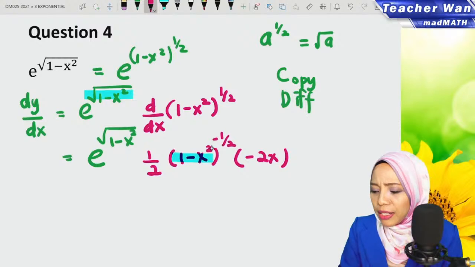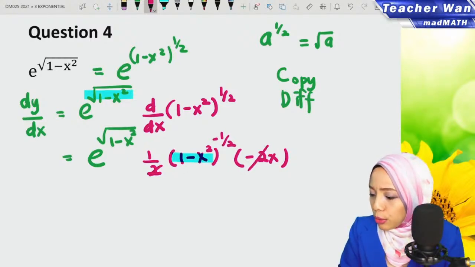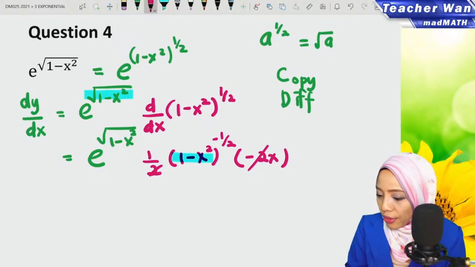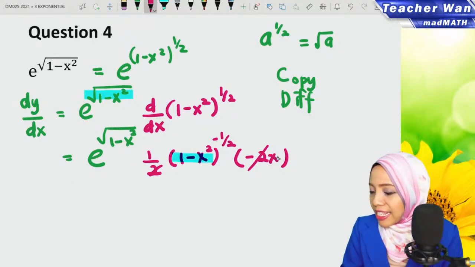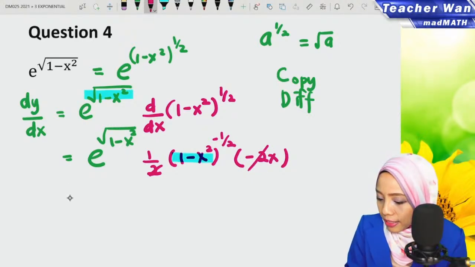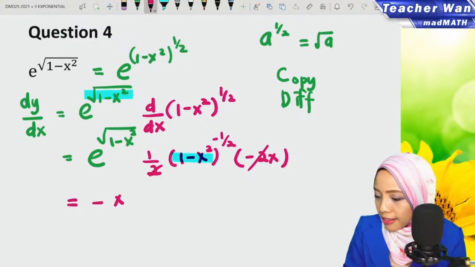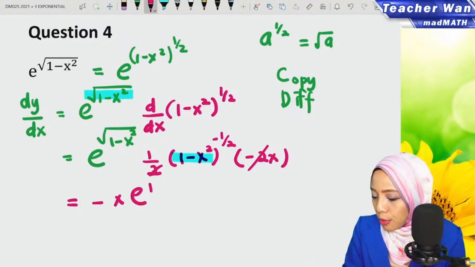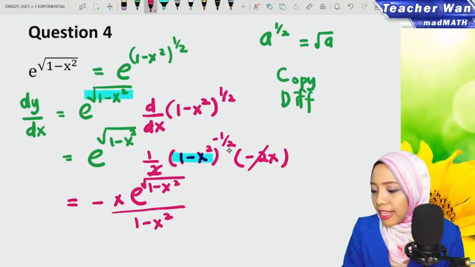Hati-hati, that's why this one jangan tinggal. So, careful. 2 and 2 will cancel out each other, and the remaining left is negative x. So negative x multiply with e to the power of square root of 1 minus x square over